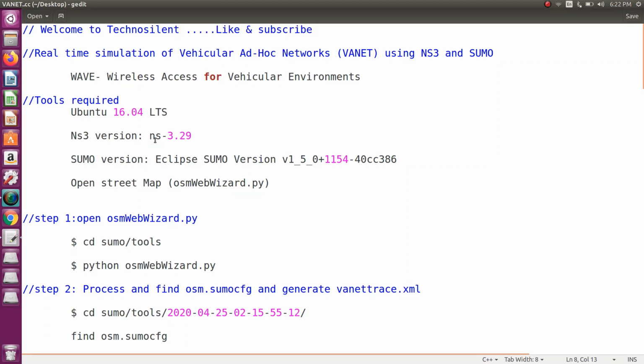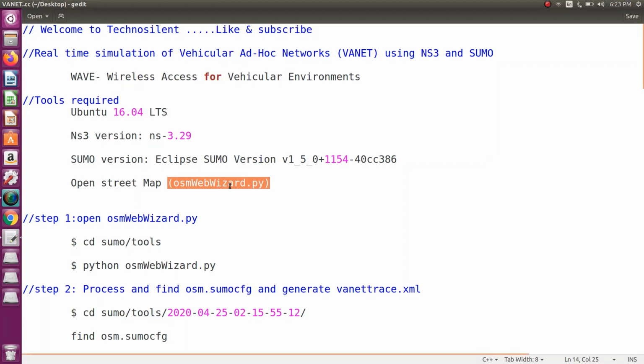NS3 version I am using is NS 3.29. Then SUMO version I am using is Eclipse SUMO version 1.5. Then OpenStreetMap, that is OSM Web Wizard, I am using. With the help of OSM Web Wizard, we are going to simulate in real time. Okay, so these are our basic requirements.